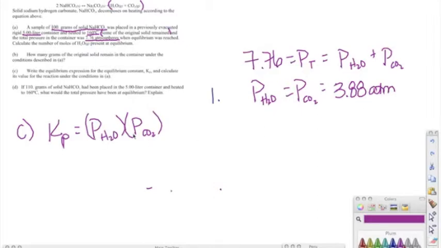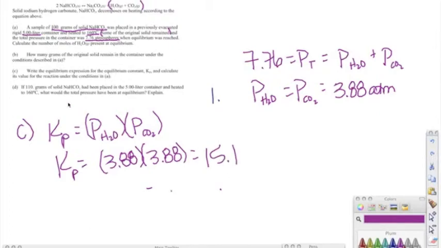So we take that number, plug it in down here, and to find Kp, we're just going to take 3.88, the pressure of the water, times the exact same number, because it's also the pressure of the carbon dioxide, and we end up with Kp equals